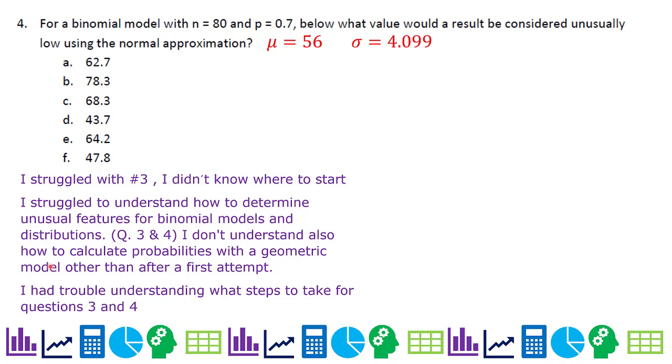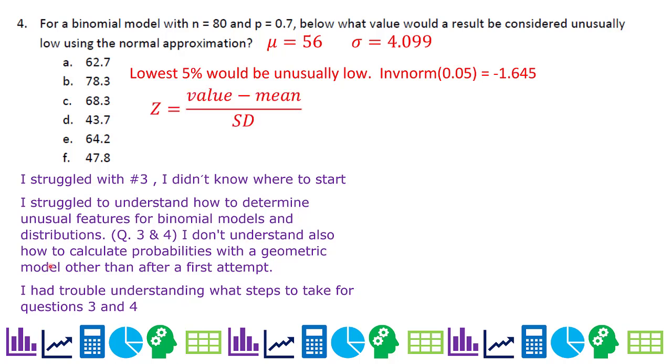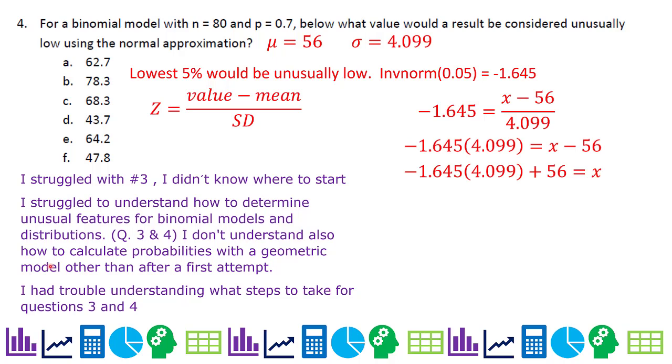Number 4, what would be unusually low? So that would be the lowest 5%, or the 5th percentile. Inverse norm of 0.05 gives me negative 1.645. It makes sense because we are using a normal distribution or normal approximation, so it should be symmetric. Here's my z value formula, and then I substitute in and do the same math,